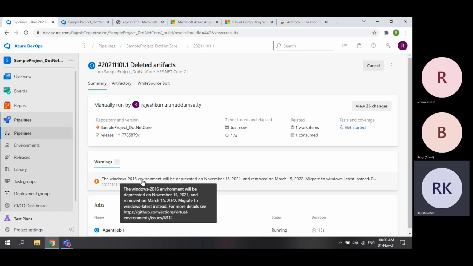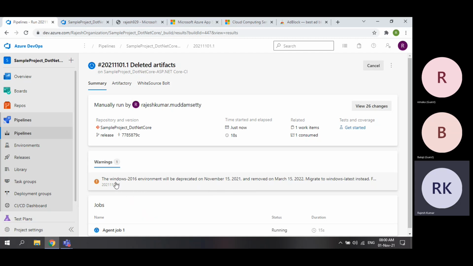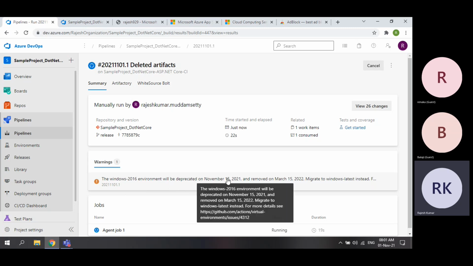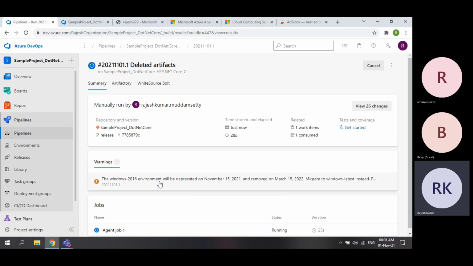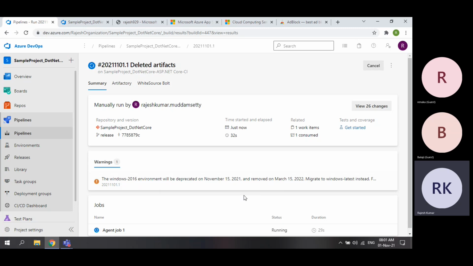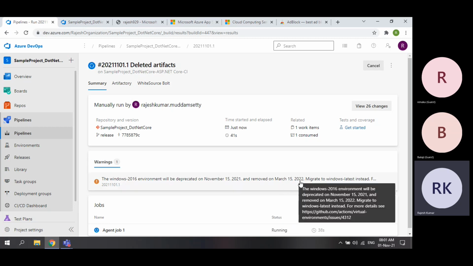But here Microsoft is saying that the Windows 2016 environment will be deprecated on November 15, 2021. That means in next 15 days, this will not be available. Today we are in November 1st. After November 15, this environment will not be available and this will be completely removed on March 15, 2022.